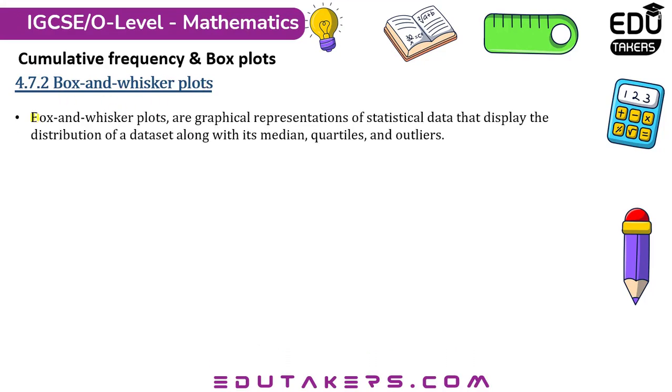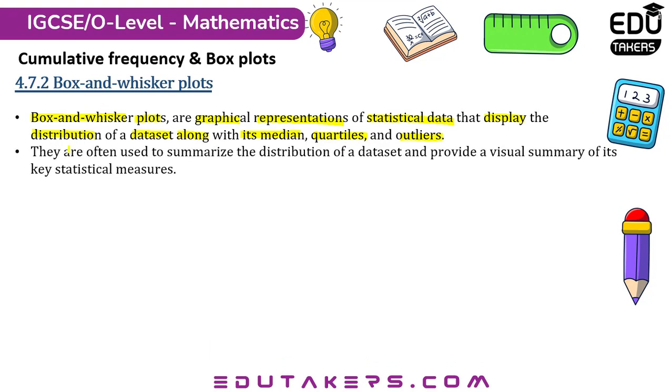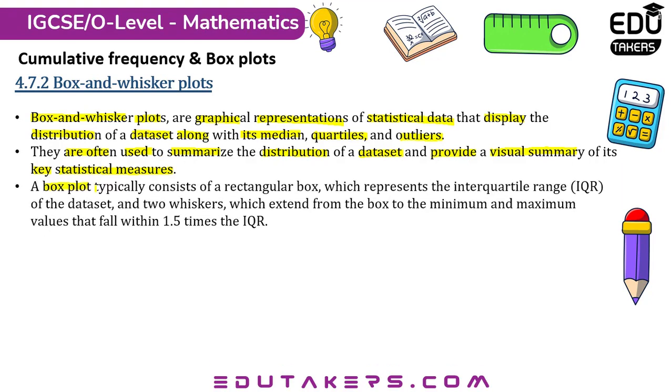Box and whisker plots. Box and whisker plots are graphical representations of statistical data that display the distribution of a dataset along with its median, quartiles, and outliers. They are often used to summarize the distribution of a dataset and provide a visual summary of its key statistical measures. A box plot typically consists of a rectangular box which represents the interquartile range of the dataset,